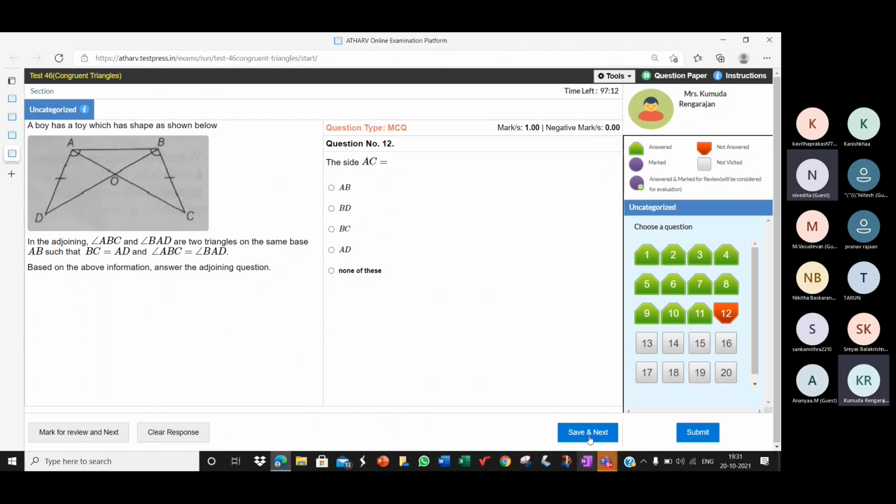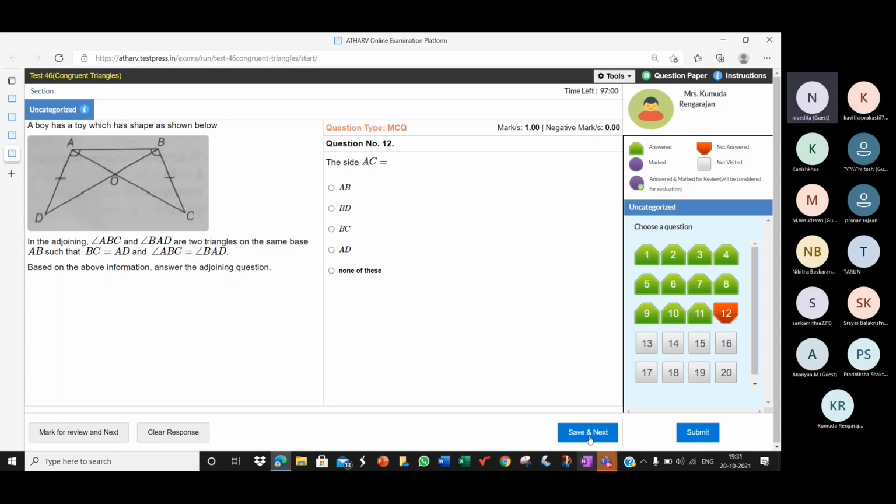Why AC should be equal to BD? Ma'am, AB is equal to BA, and it's already given that BC is equal to AD. So one equality left is AC is equal to BD, ma'am. Okay, that's very logical, but how can you say that? Fine, but I'm expecting a different answer. How can you say that AC is equal to BD? What's the reason?